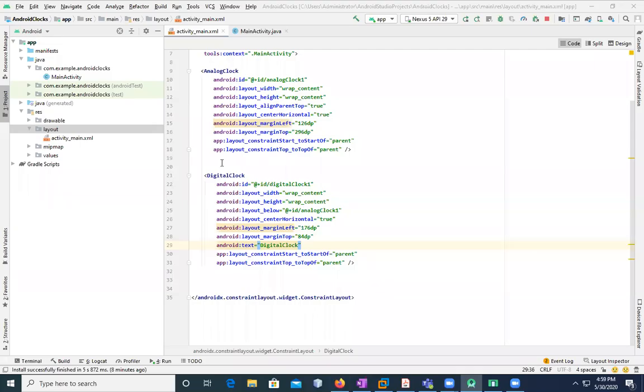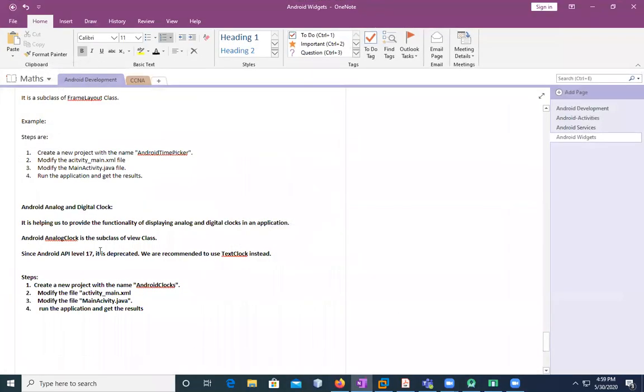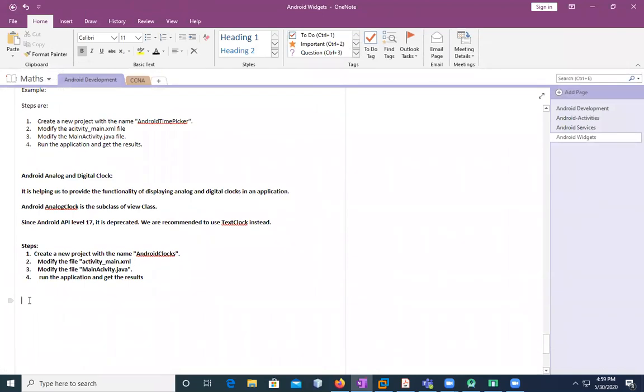The analog and digital clocks. Next thing is Android ProgressBar. So ProgressBar is just